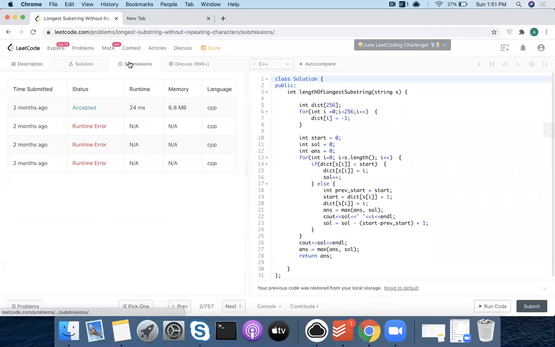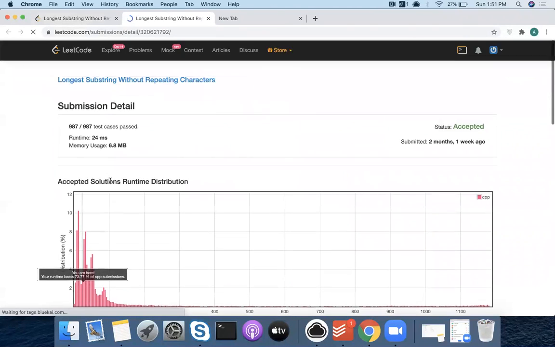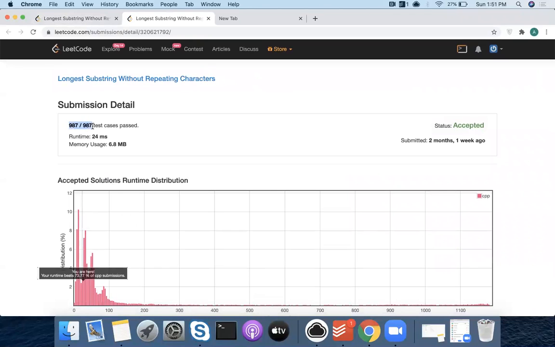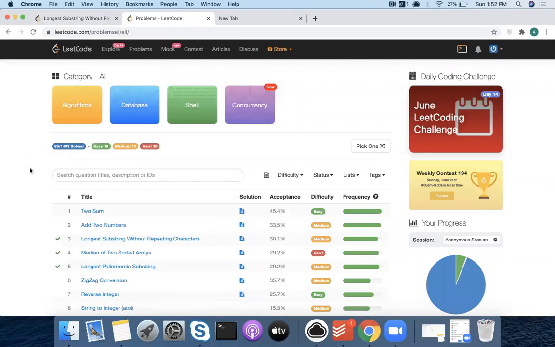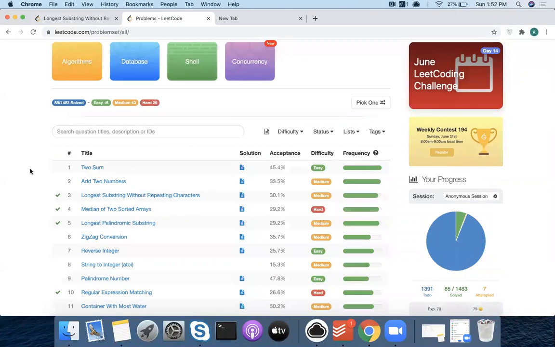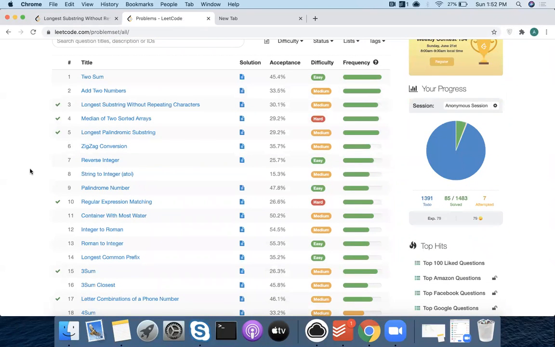So let's say I submitted it and got accepted. Inside this, you can see the test cases. 987 test cases, so this is quite detailed, right? So I think it's worth it. If you pass the test cases, it means that you're solving it the right way.